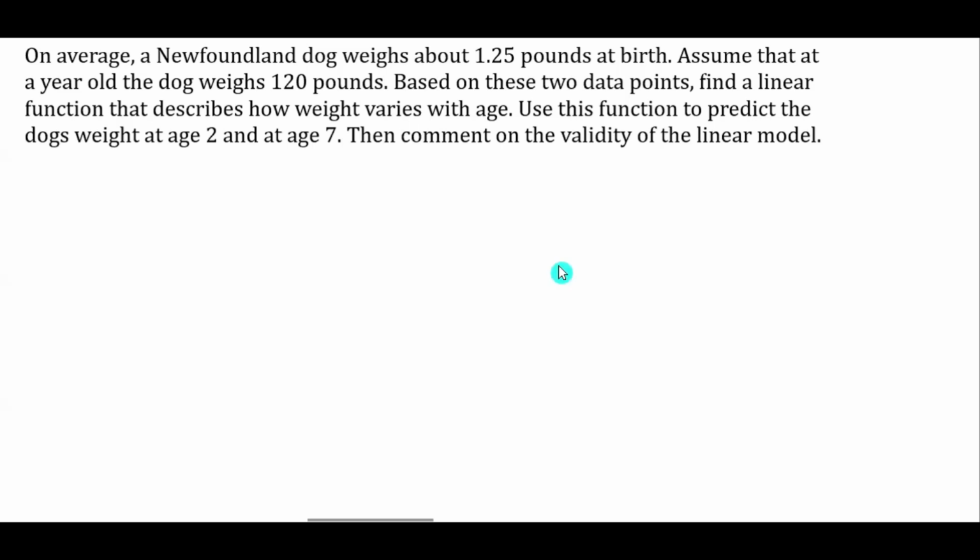So let's take a look at this problem here. On average, a Newfoundland dog weighs about 1.25 pounds at birth. Assume that at a year old the dog weighs 120 pounds. Based on these two data points, find a linear function that describes how weight varies with age. Use this function to predict the dog's weight at age 2 and at age 7, and then we'll comment on